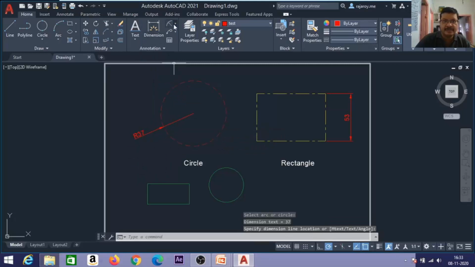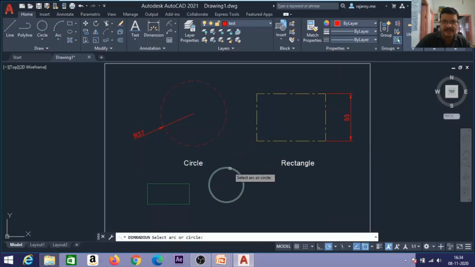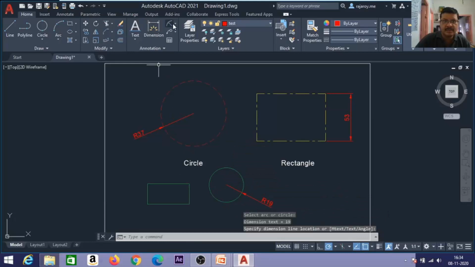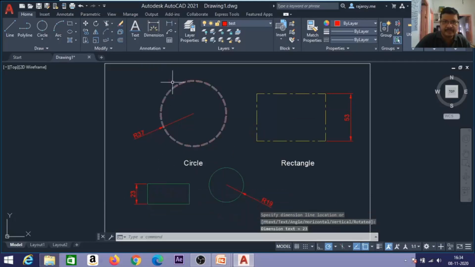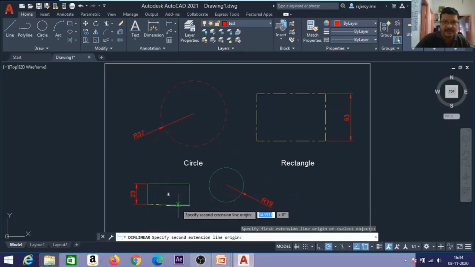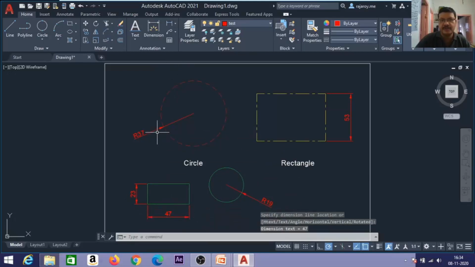Radius, and this radius, this length, this length. So all the dimensions I am keeping in the test layer.